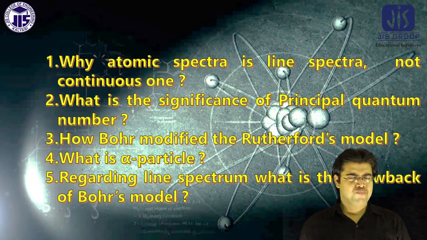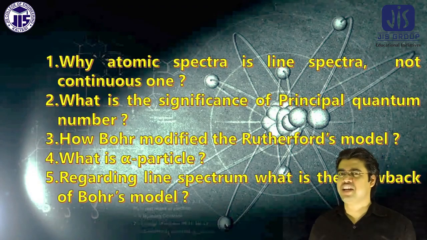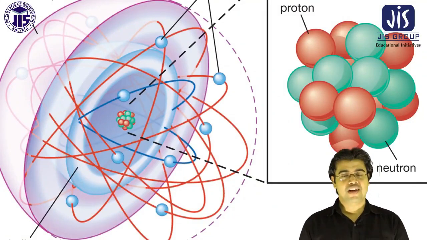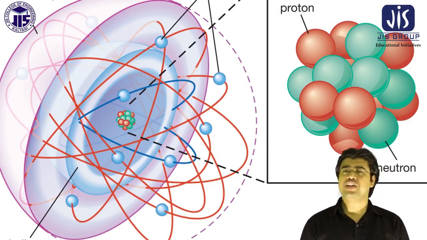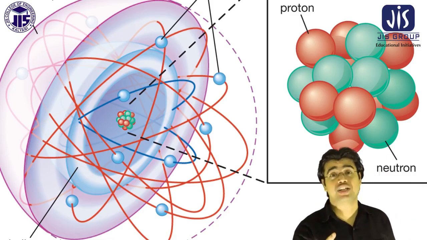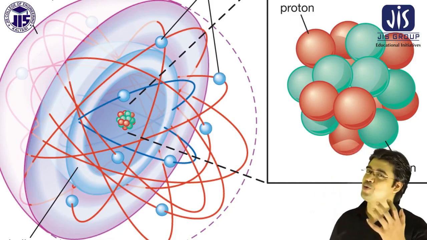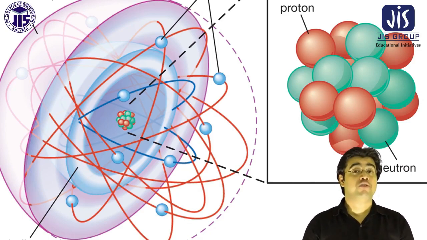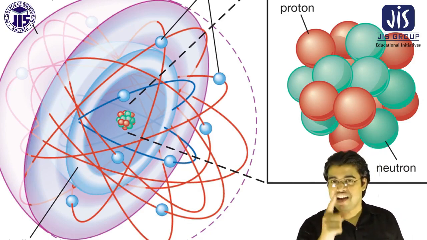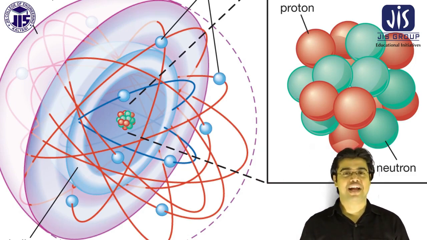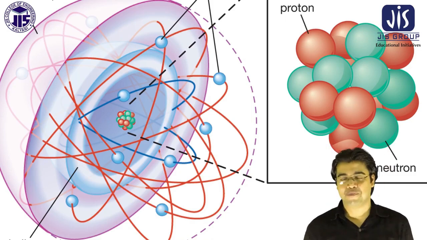That's simple. The light spectrum again splits in the presence of a high resolution spectrophotometer, and each and every line, when split, indicates that there must be some sub energy level in a particular orbit, but Bohr's model was totally unable to explain this fact. So that's why the fine structure, or the further splitting of the light spectrum with a high resolution spectrophotometer, was not explained by Bohr's model.